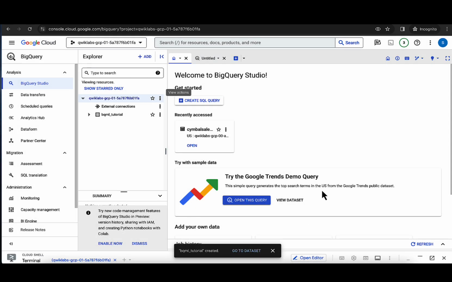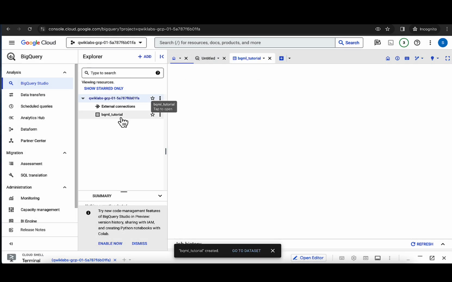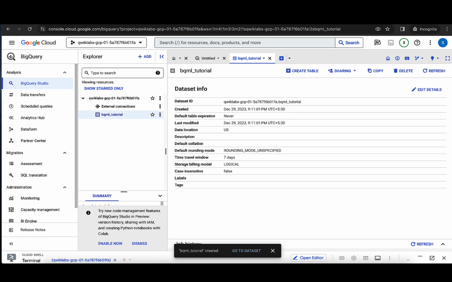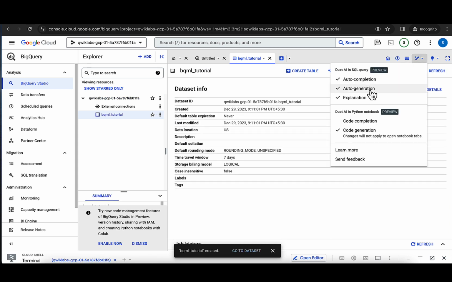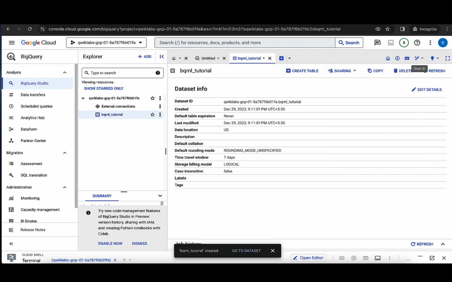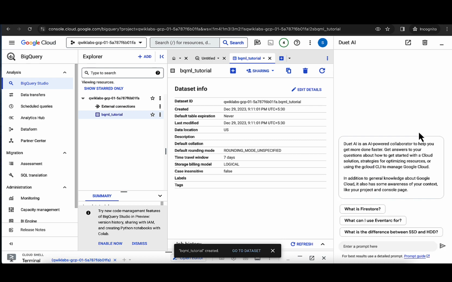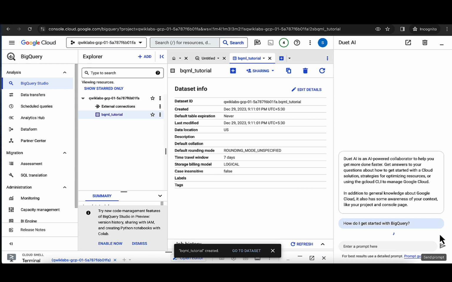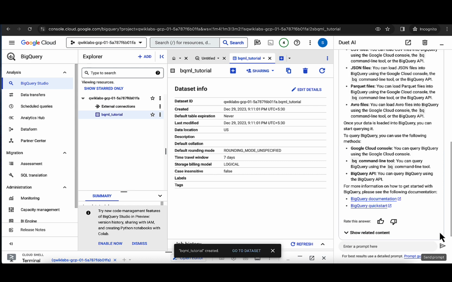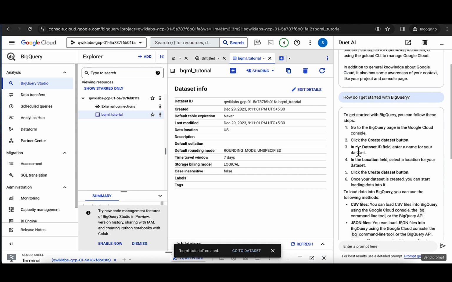and then here we are with the dataset, and we will enable the code completion here as well. We also enable the Duet AI API. Now I'll just query how do I get started with BigQuery, assuming I do not know anything and want to